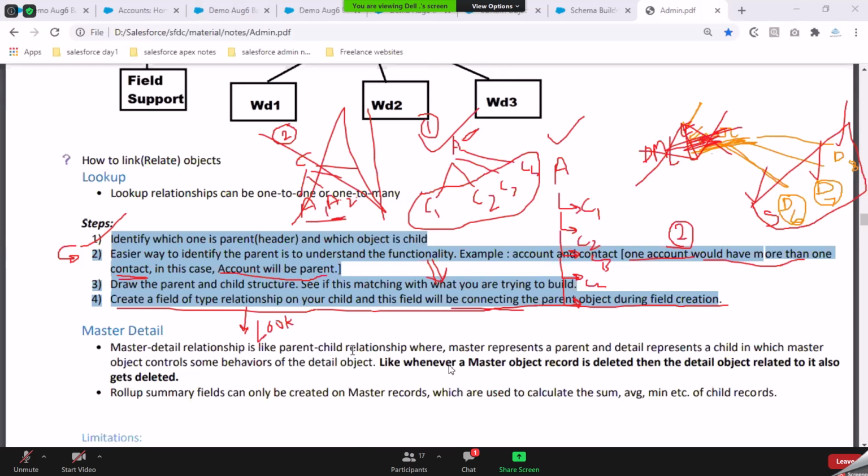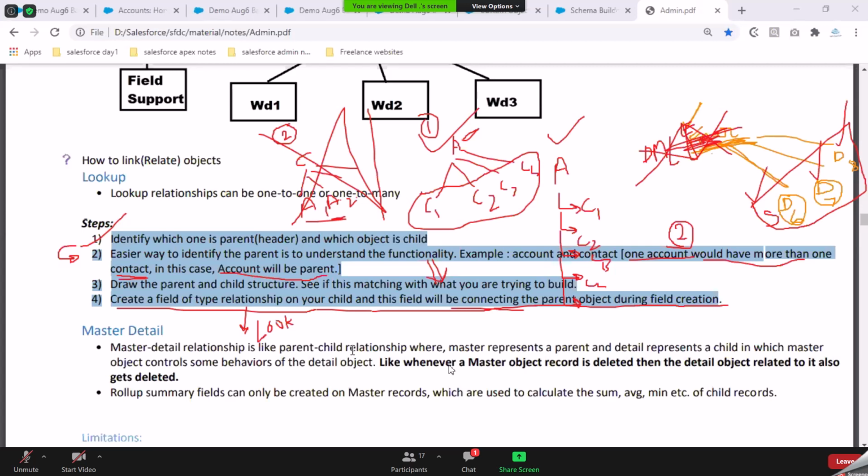All right, we have basically touched the technicality part, and once we complete the lookup and master detail relationship, I'll tell you the actual importance of using these lookup or master detail relationship fields. So this is more of a technical part. Once we know how to use the master detail relationship, I'll tell you the advantages that we get and, depending on the scenario, which one we need to pick. Those are discussions that we'll do once we complete both topics.